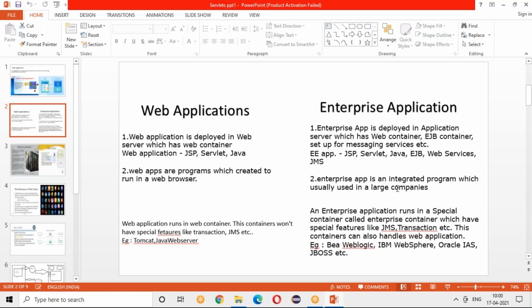Enterprise applications will usually be used in large companies, at large scale, while web applications you deploy to Tomcat, and enterprise applications run on IBM WebSphere or JBoss, these kinds of servers, which have JMS and transactions. Some special features are handled there which will not be available in a web application. So whatever web applications can do can be done by enterprise applications, but whatever is supported by enterprise applications cannot be supported by web applications, right?